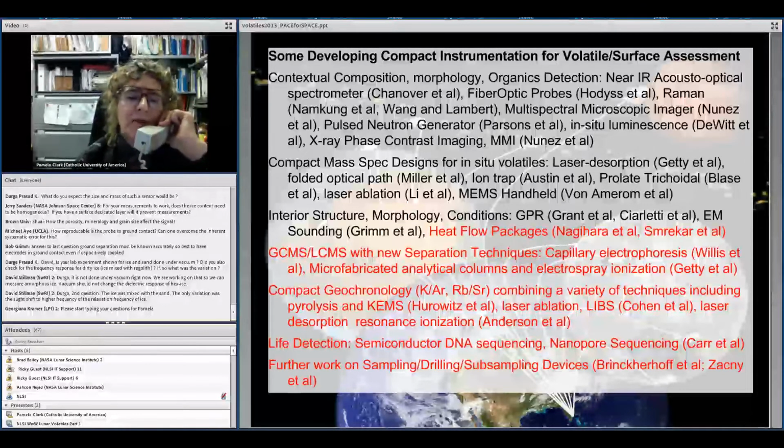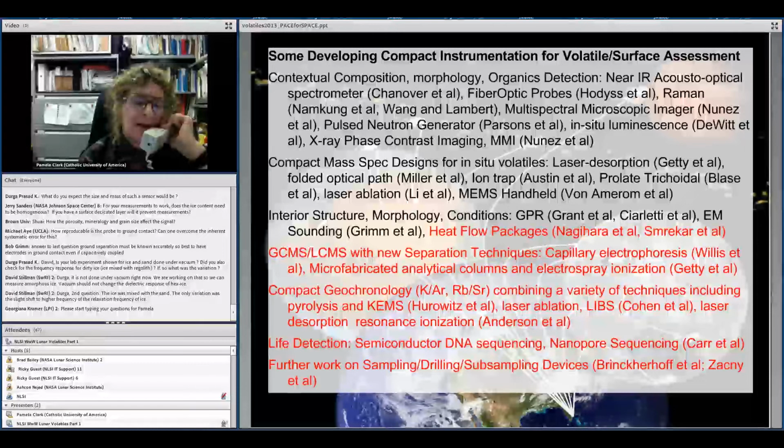Interior structures and morphology, a number of instruments that can actually characterize surface down to kilometers. A lot of combined mass spectrometry and separation techniques, compact geochronology instruments, life detection, including concepts for very compact DNA